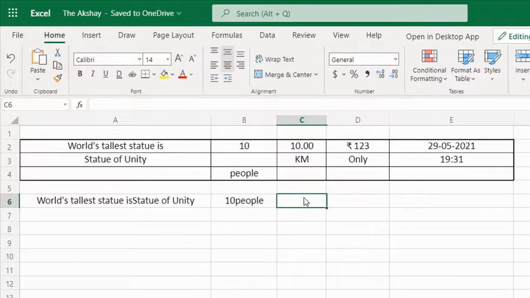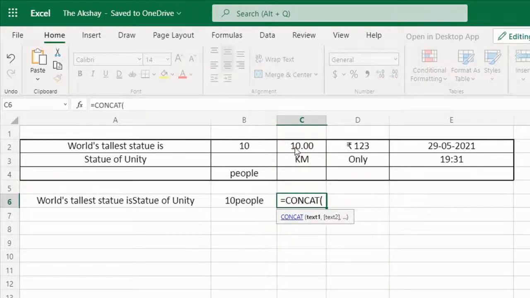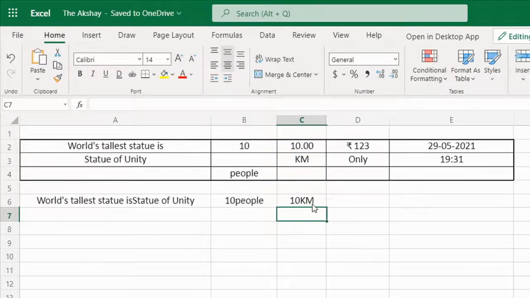Now here we have a number, that is a formatted number, and text. So let's see what happens. See, it is showing 10 kilometer, but not the zeros and point. That is because this function will convert all the numbers into text format.